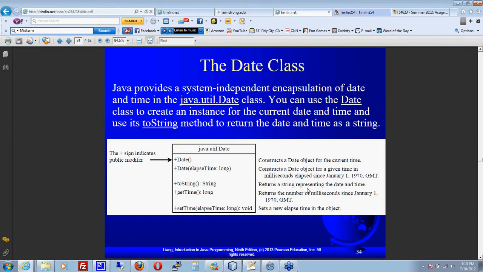The date class. The date class comes with java.util.Date, and my understanding is that it has been replaced. Basically, what it does is construct a date object for the current time, or construct a date object for a given time in milliseconds, because dates are ultimately stored as a number of milliseconds elapsed since January 1st, 1970,